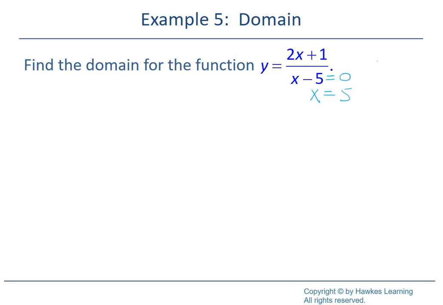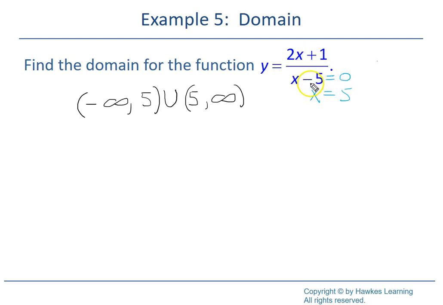So how do we write this then as an interval notation answer? Well, again, this part, it would be all real numbers. So we're going from negative infinity up to 5, just before 5. So that would be a parenthesis here, open in a sense, because 5 is not included. And then you're going to have union. And then on the other side, you're going to start with the other side of 5. And then that would go to positive infinity. That would be the domain of this function,